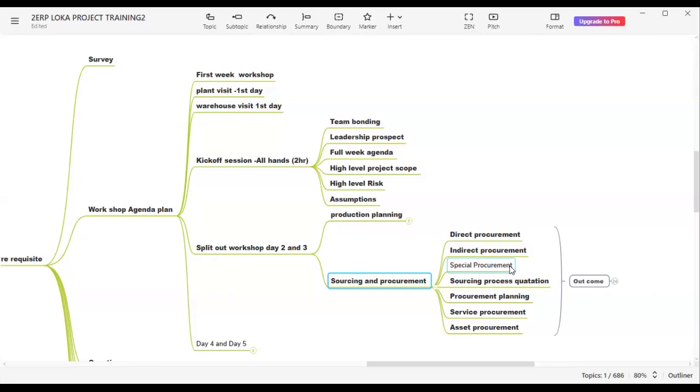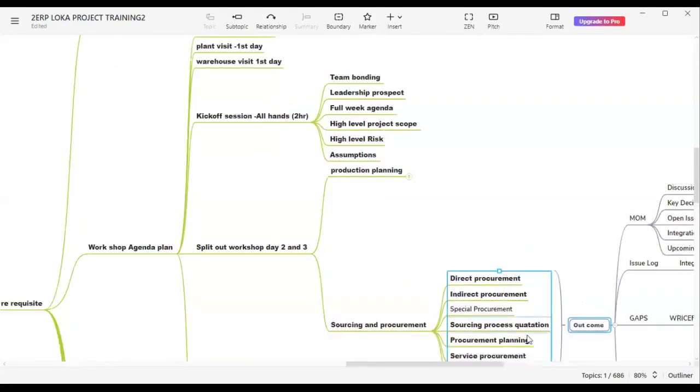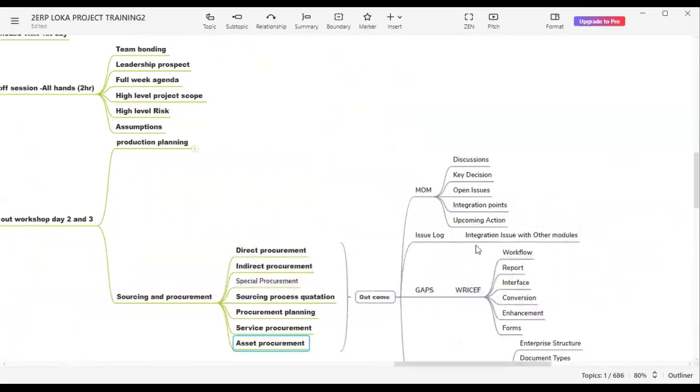When you are discussing this, you need to parallelly prepare the demos also for them. If this is going to happen in the SAP system, if it is feasible, then show them a demo in the workshop itself. When they see the demo, they might have a lot of questions, so you can clear those. And if they say this is a bit critical or crucial and it is not going to fit their business function, then we need to provide a different solution. So when you're discussing each and every process, what will be the outcome for you? The outcome will be, first thing is the MOM.